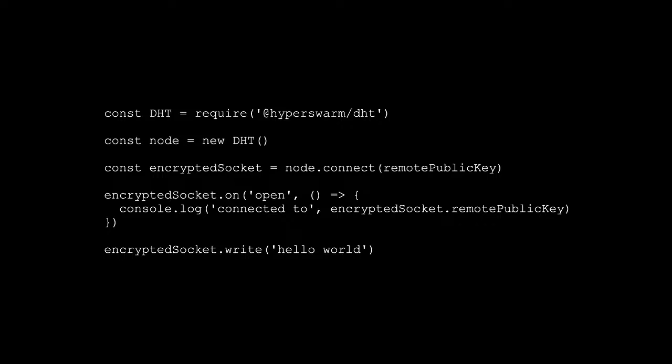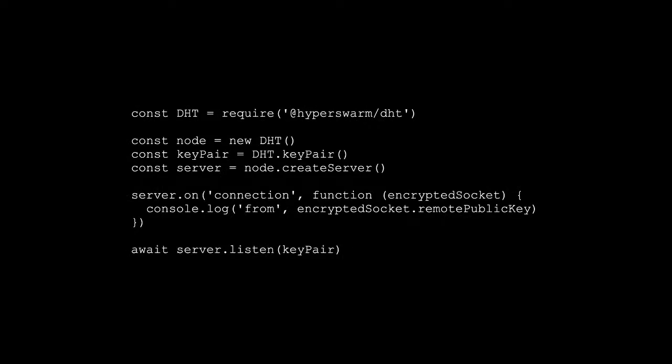A question from Paul actually about how does the pub key map to IP and port, because the pub key is what's stored in the DHT. Yeah, so it's a very interesting question. It's one of the most novel things we do. So basically, in this previous example, what happens here is that